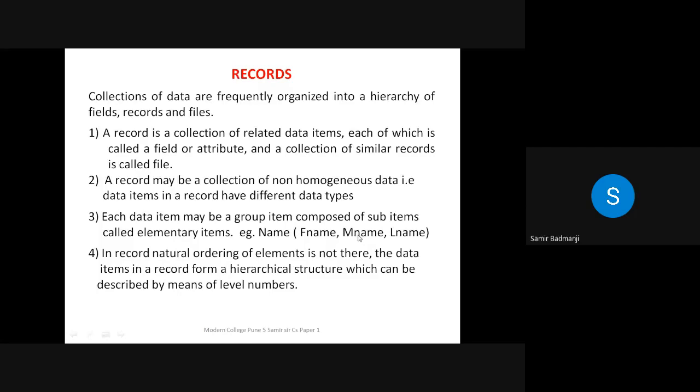In arrays, we can sort the numbers in ascending or descending order, as we saw in bubble sort. So we can sort the data according to the natural ordering of elements. But in records, you cannot do that because the data are of different data types, so you cannot sort the data. As for the hierarchical structure described by level numbers, once I show you the example, it will become clear what level numbers are.